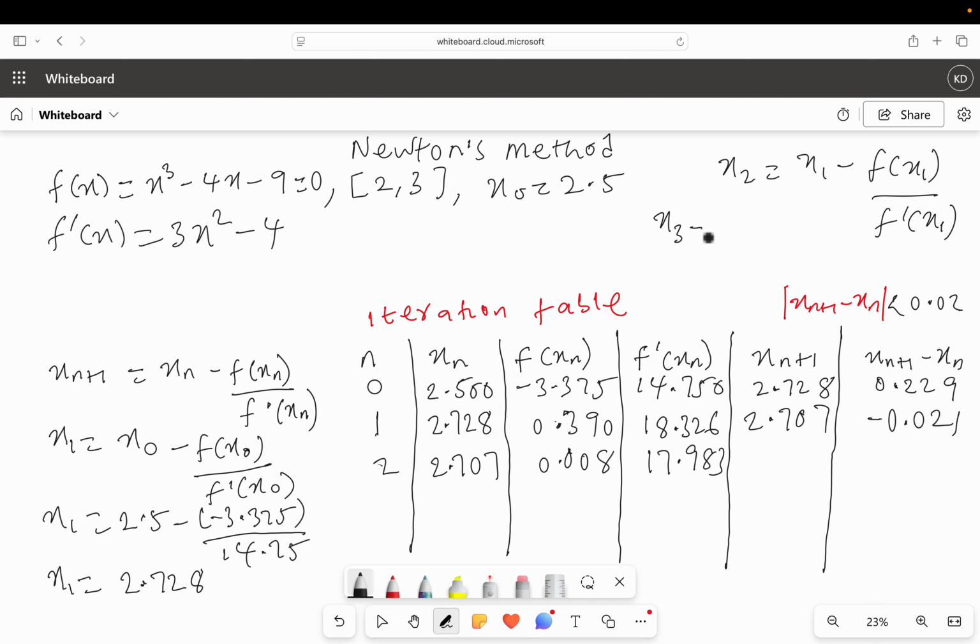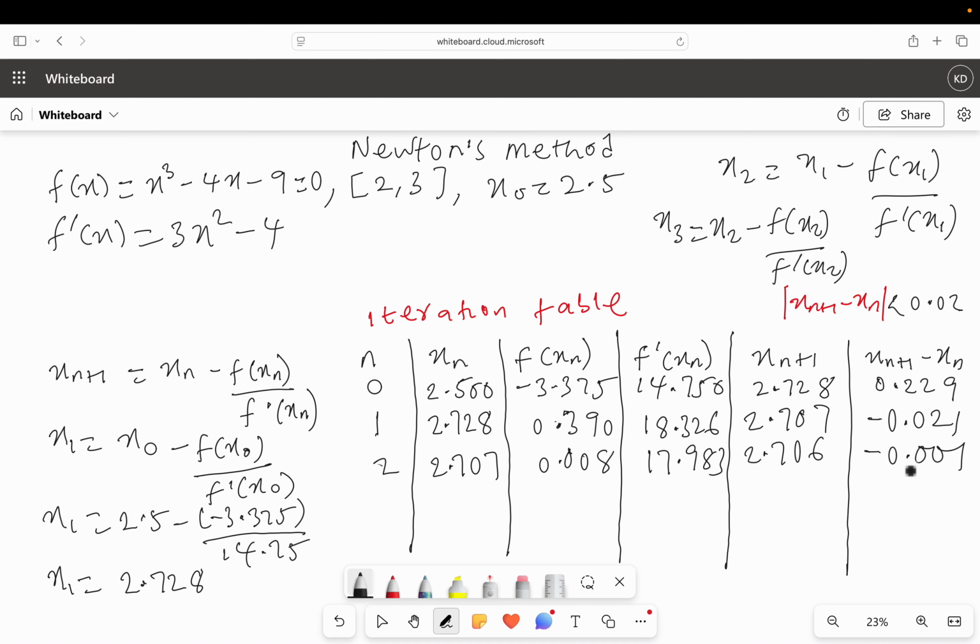So now my S3 will be S2 minus f of S2 over f prime of S2. So substituting the values from here, I will obtain my S3 to be 2.706. So now testing my accuracy level, that is this value minus this value, I will have minus 0.001. So you can see the magnitude of minus 0.001